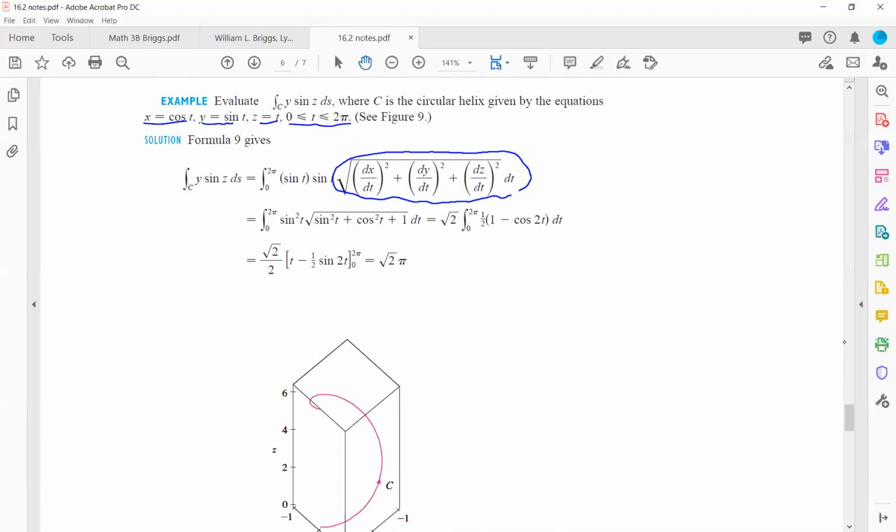The derivative of x is negative sine t, and negative sine t squared is sine squared t, plus the derivative of y, which is cosine squared, plus the derivative of z, which is 1 squared. Sine squared plus cosine squared is 1, so you get the square root of 1 plus 1, or square root of 2, times the integral